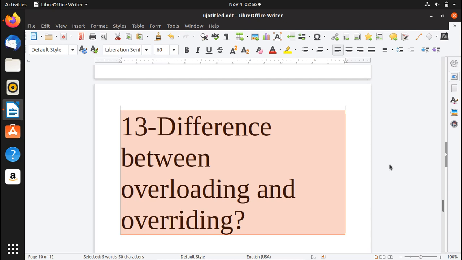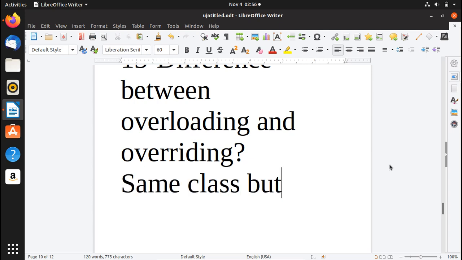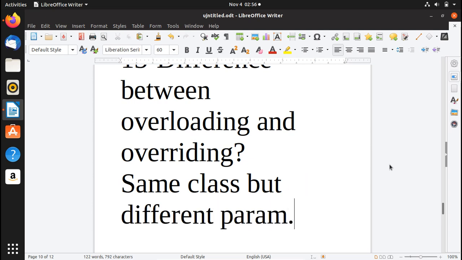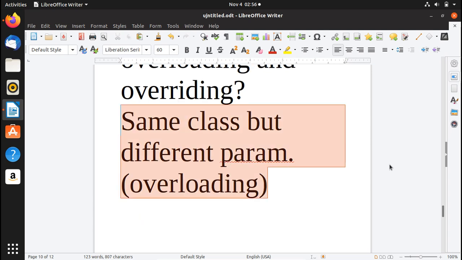I hope you would remember this. There is nothing to remember, I guess. It is very easy to understand, so I'm just going to write here: same class but different parameters. Okay, that is basically overloading.